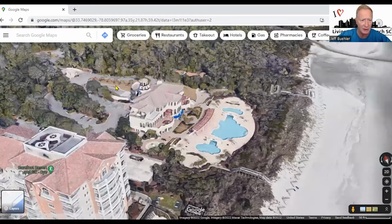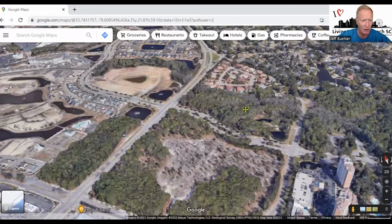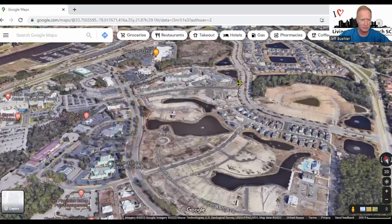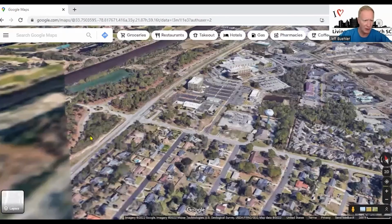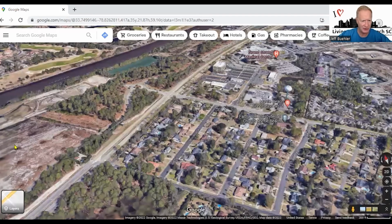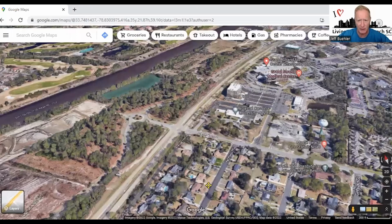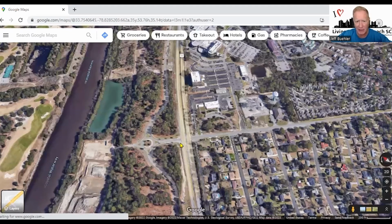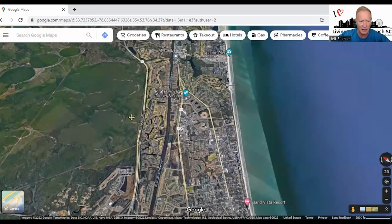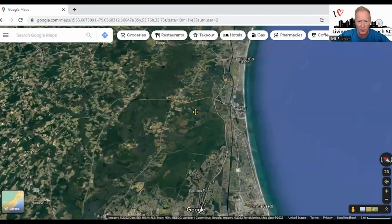If you're retiring and you're looking for a 55-plus community that is part of the Grand Dunes, there's a Del Webb community right in here that is on the Intracoastal Waterway. I think this is where it would be here, but you do have access to all that as well. All right, so we have covered Pawleys Island, Garden City, Surfside, Burgess, Socastee, Carolina Forest. We're going to zoom out. We're going to continue making our way north